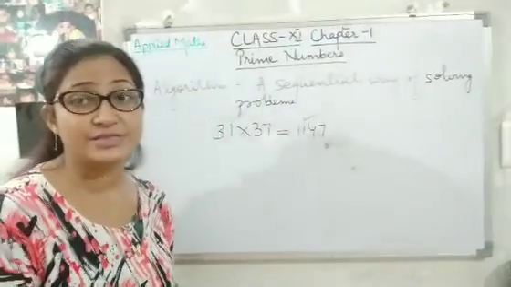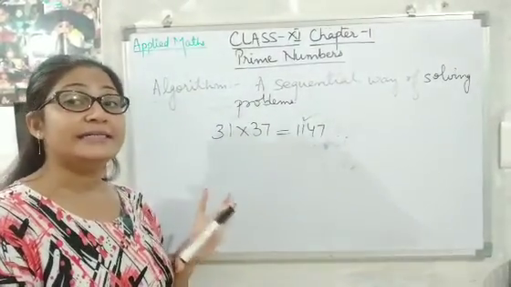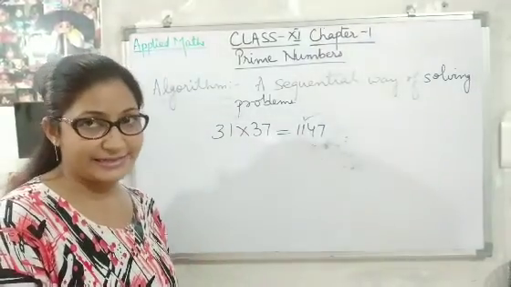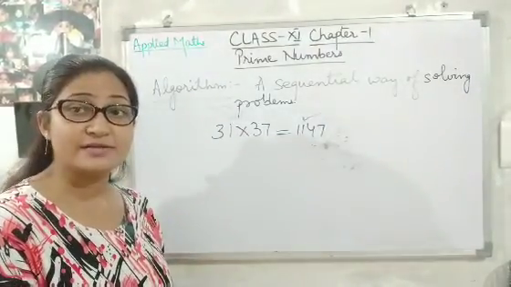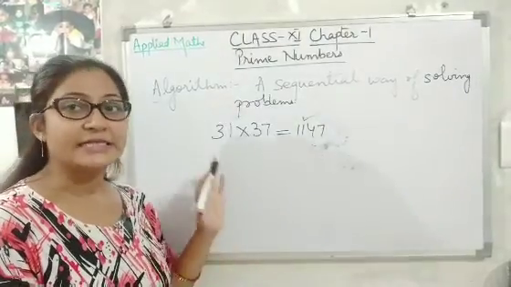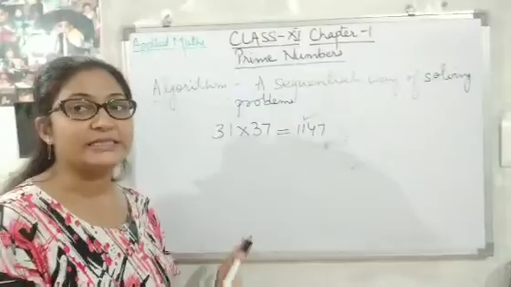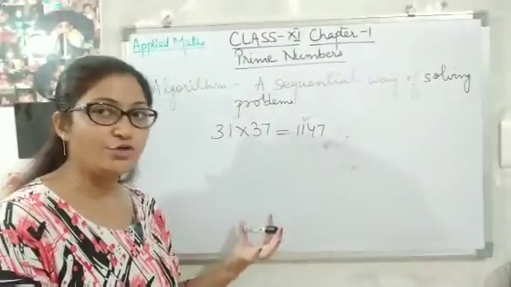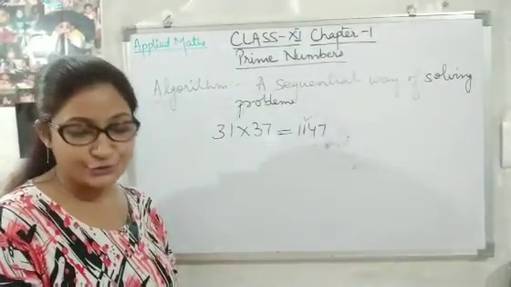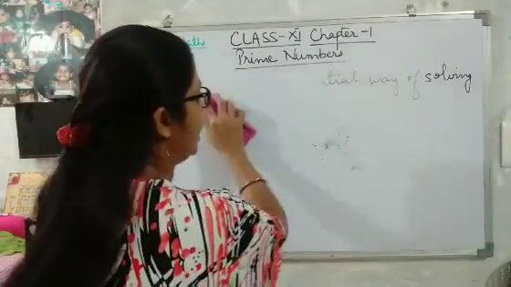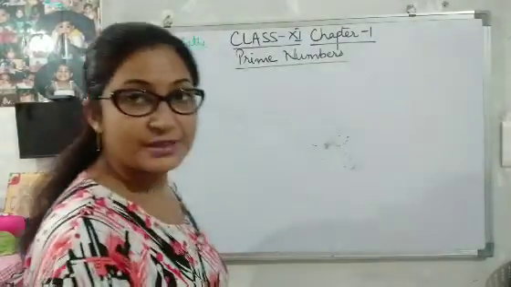Let me tell you here, students, that while encrypting the data, large prime numbers are selected. Large prime numbers are chosen. But just for you to understand this concept, we will be taking only small numbers. Later on, you can practice with large numbers too. So, how do we work on the RSA algorithm? Let's have a look.